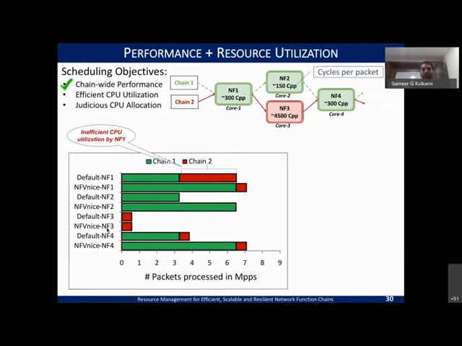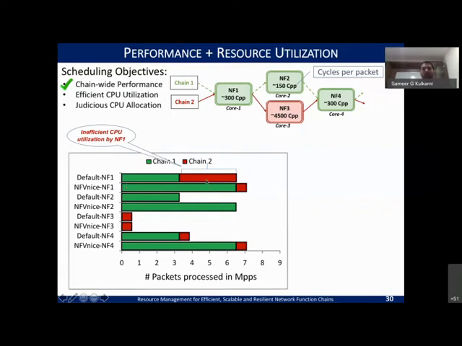Once we deploy NFV nice, what this changes is that because it is chain aware, regardless of whether the chain runs on the same core or on a different core, the back pressure scheme enables you to know whether you can process the green packets or not. As soon as you know that the red packets hit a bottleneck here, it signals NF1 to say don't process red anymore, right? So the same CPU that it could utilize to process the red, it can now invest in green packets, right? So that's what you can see here.